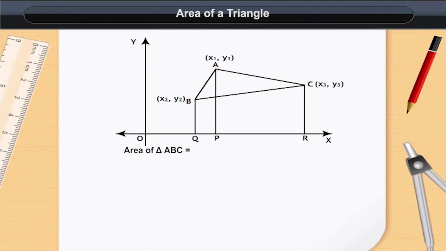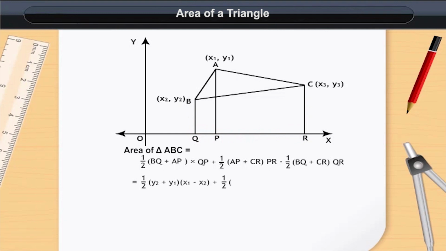Therefore, area of triangle ABC is equal to 1 divided by 2 multiplied by (BQ plus AP) multiplied by QP plus 1 divided by 2 multiplied by (AP plus CR) multiplied by PR minus 1 divided by 2 multiplied by (BQ plus CR) multiplied by QR is equal to 1 divided by 2 multiplied by (y2 plus y1) multiplied by (x1 minus x2) plus 1 divided by 2 multiplied by (y1 plus y3) multiplied by (x3 minus x1) minus 1 divided